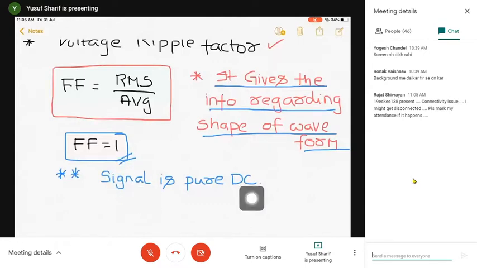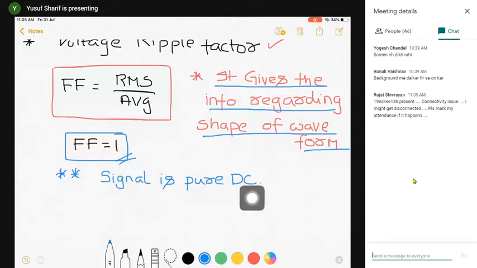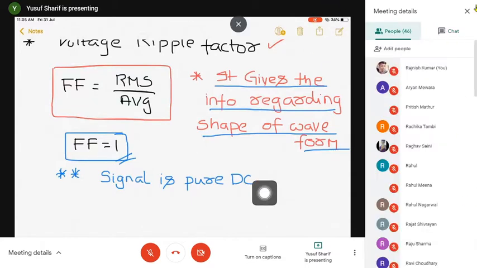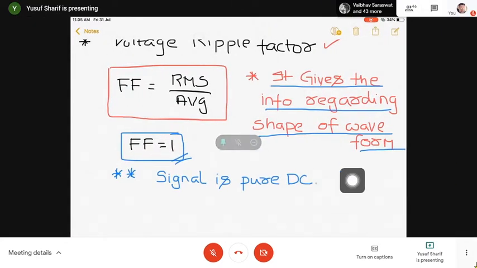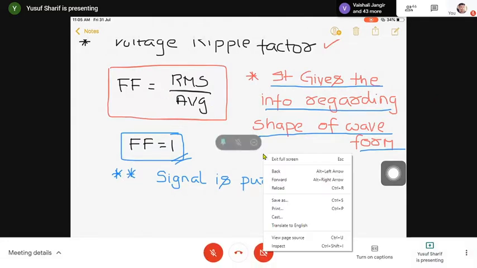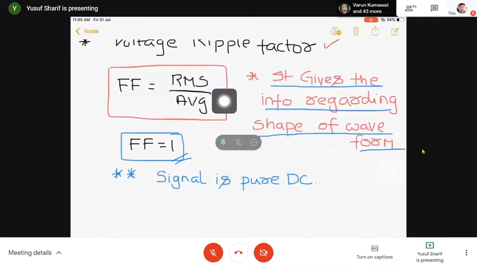ठीक है? So now you may say, sir, is this only for this particular result? Because form factor 1 सिर्फ एक DC signal के लिए ही होगा. What about when the form factor is different? ठीक है? अगर form factor value अलग है तो वहाँ पे क्या information हमको मिलेगा? The information that you'll be getting is, I'll tell you. Okay, fine. Before that, एक बार बता दीजिए कि फॉर्म फैक्टर की वैल्यू इज इट ग्रेटर देन इक्वल टू 1 और लेस देन इक्वल टू 1?